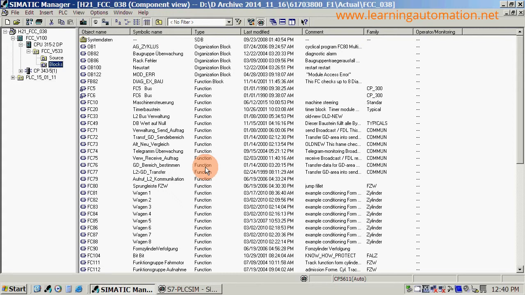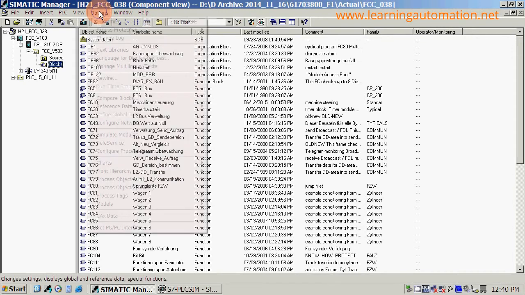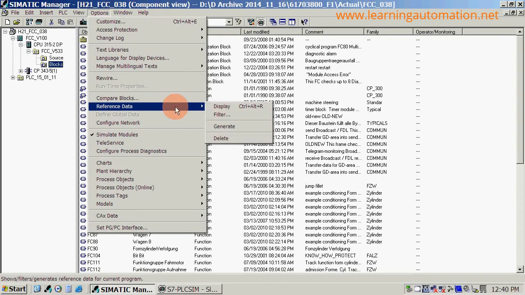So if we want to find what's been used already, what's available to still use, we use what's called reference data in our program. So here we have the program open, or the project open, and we're looking at our blocks for the project. If we go to options, reference data and display,